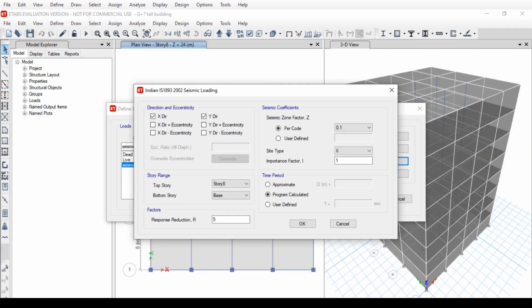So go to the software and use site type as 2, importance factor as 1, and for the importance factor go again to the code and see